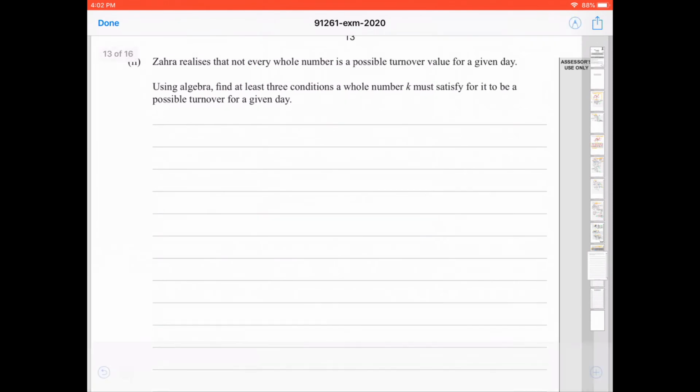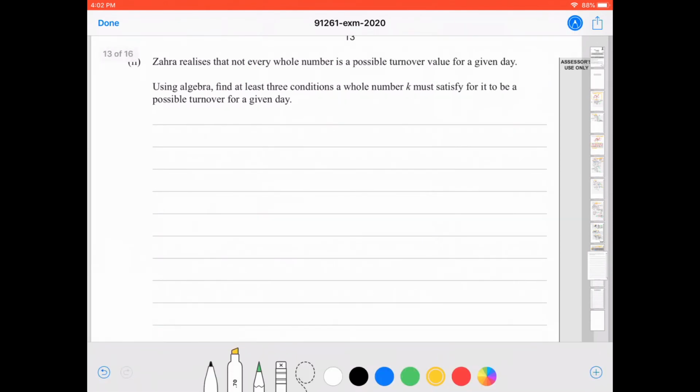And it says, Zara realizes that not every whole number is a possible turnover value for a given day. Using algebra, find at least three conditions a whole number k must satisfy for it to be a possible turnover for a given day. So